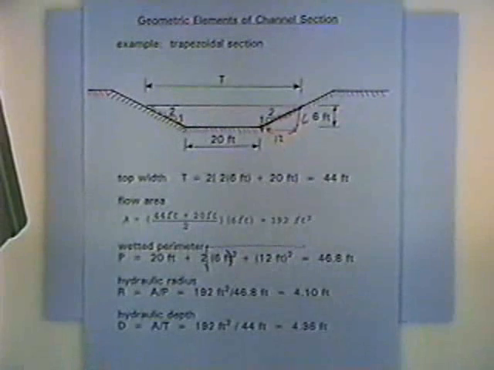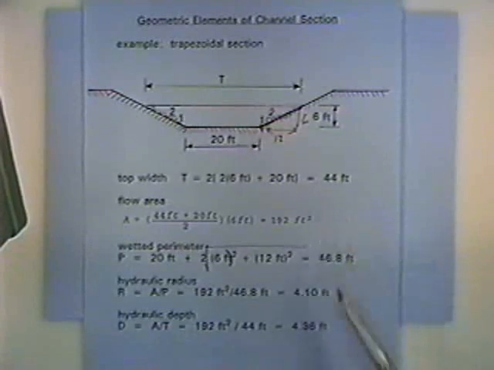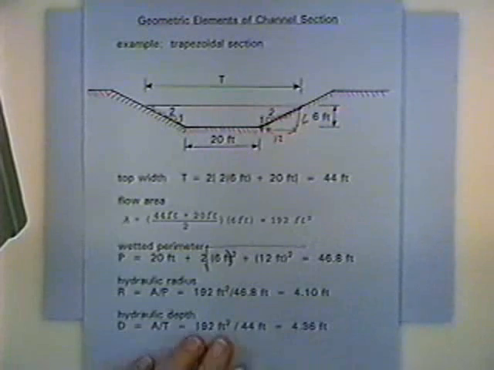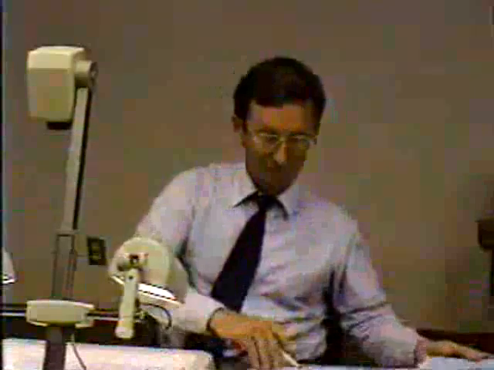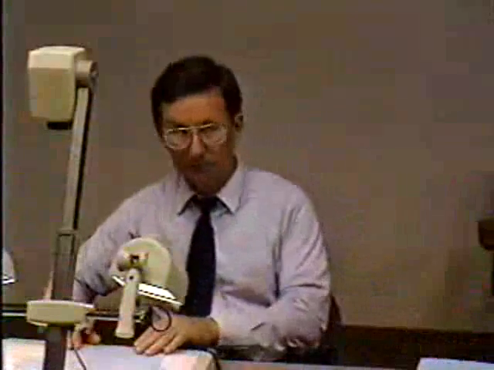Then a couple definitions for you. Hydraulic radius, by definition, is the area divided by the wetted perimeter. We computed the area and the wetted perimeter above, so we can divide one by the other to get the hydraulic radius of 4.1 feet. Hydraulic depth is the area divided by the top width. We've computed both of those values above, divide one by the other to get the hydraulic depth. There's actually two depths because